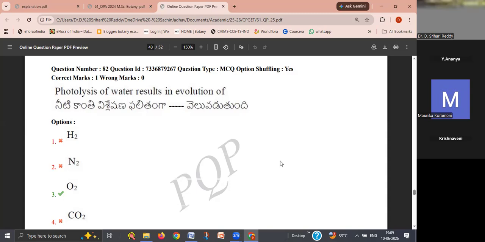In presence of the light, water splits into H plus ions, oxygen and electrons. These three are produced due to the splitting of water. So this splitting of water only occurs at photosystem 2 in the presence of light in the daytime. Okay, so this is a very important process, because in this process